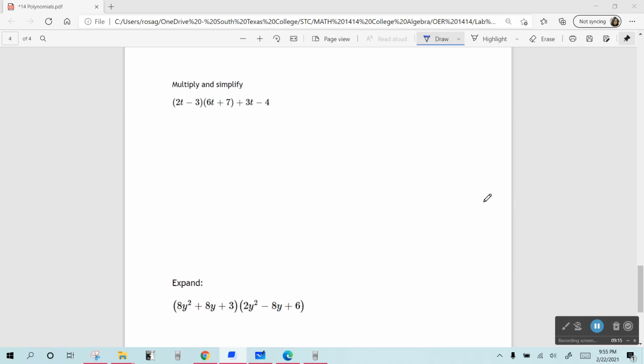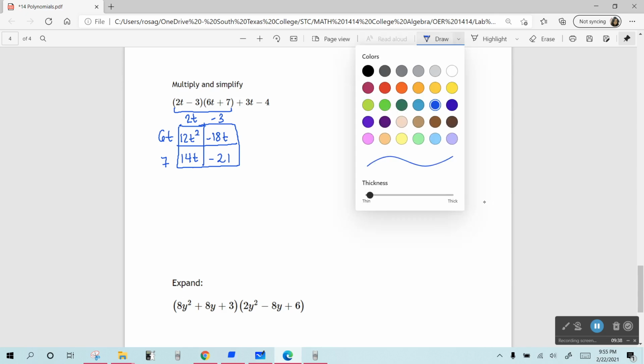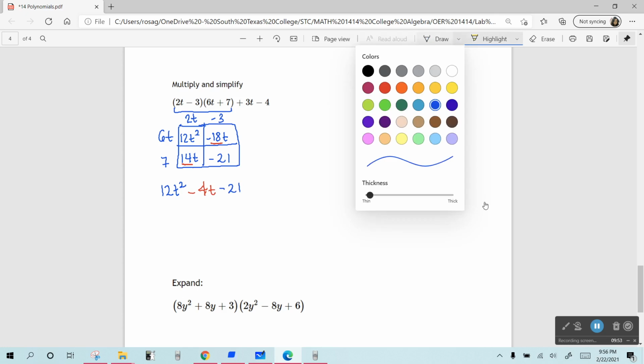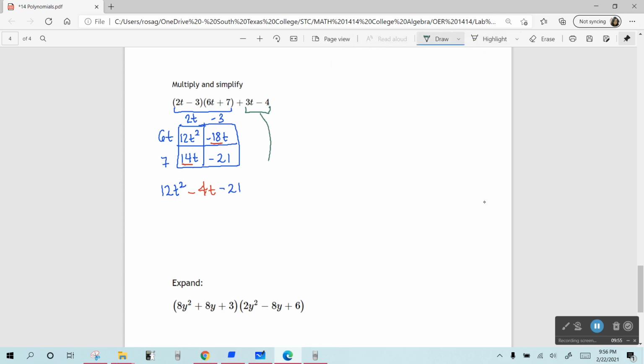Now on this one, they tell us to simplify. The first thing is to multiply these. So I'm going to do the box on these. And I get 12t squared minus 18t, 14t, minus 21. So it's going to be 12t squared. I can combine the t's for a minus 4t minus 21. And then I'm going to bring these down